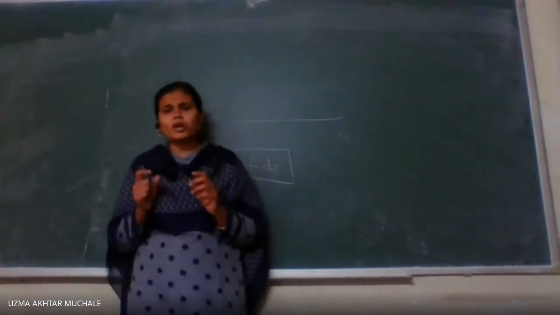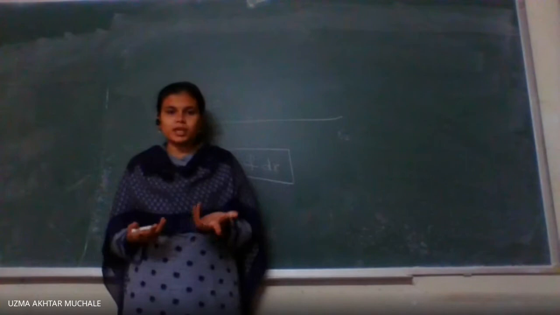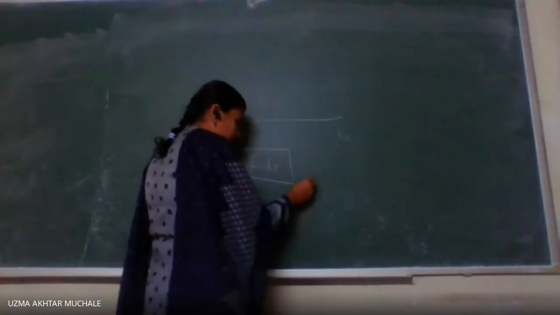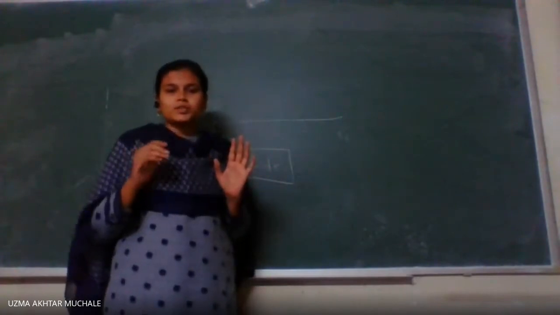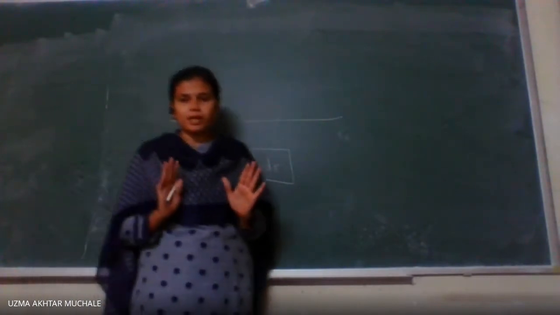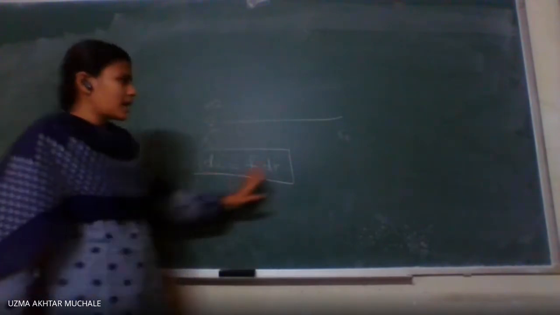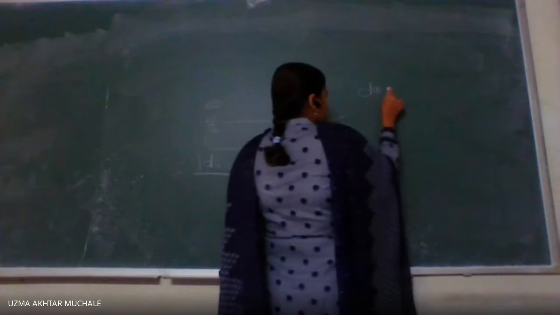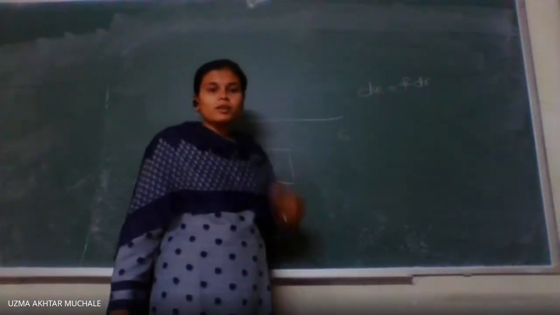Infinitesimal means a very, very small displacement, one that cannot be seen by the naked eye. If we say a very, very small displacement, just from here to here itself, which is not possible to see with the naked eye, then it is called an infinitesimal displacement and infinitesimal work done. Now, if I want to find the total work done from position R1 to R2, the formula is dW equals F into dr. Dr is a small displacement, F is the force applied, and dW is a small amount of work done.